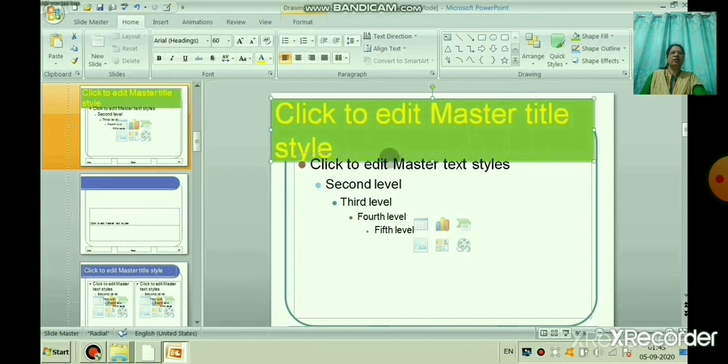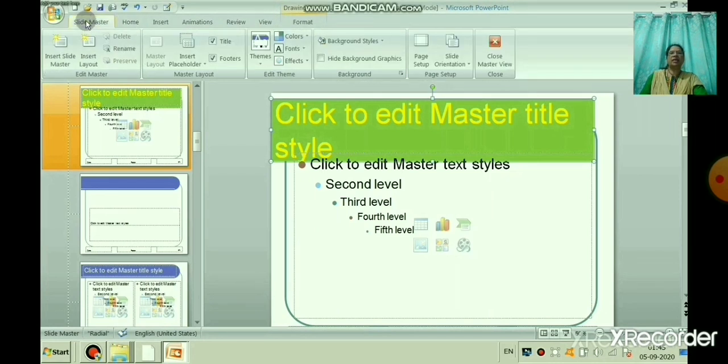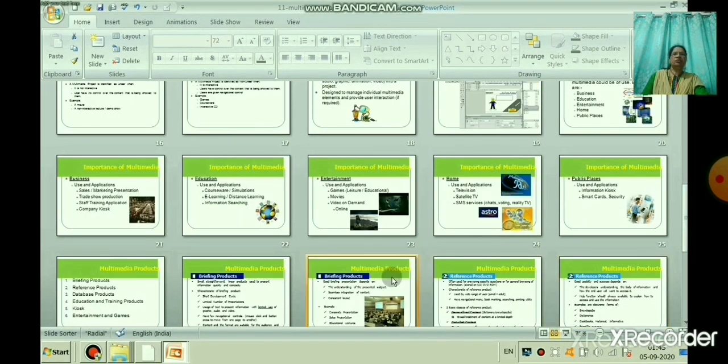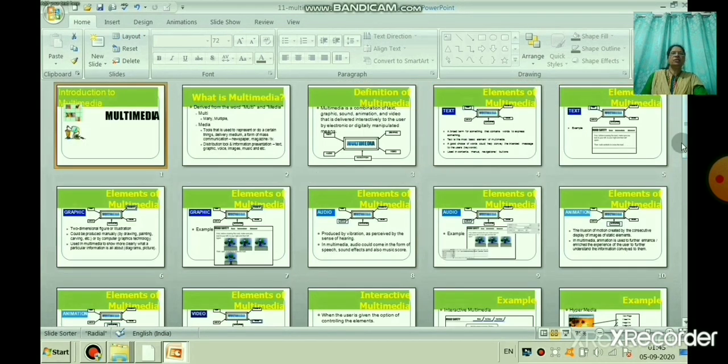In the first one I have changed it; let me see all the 38 slides now. In the background also you can change it. Can you see here, I have created this with the help of slide master, the size also, yes children, you can see.